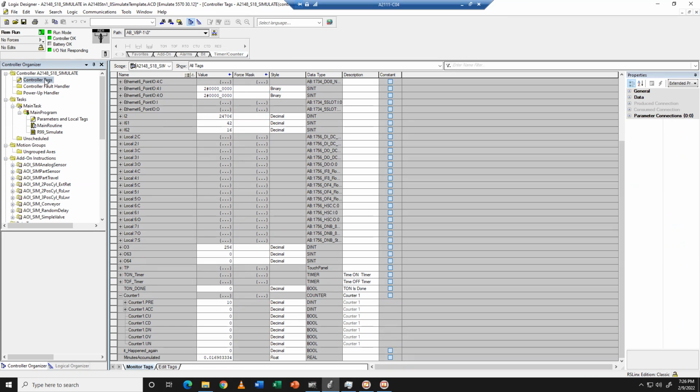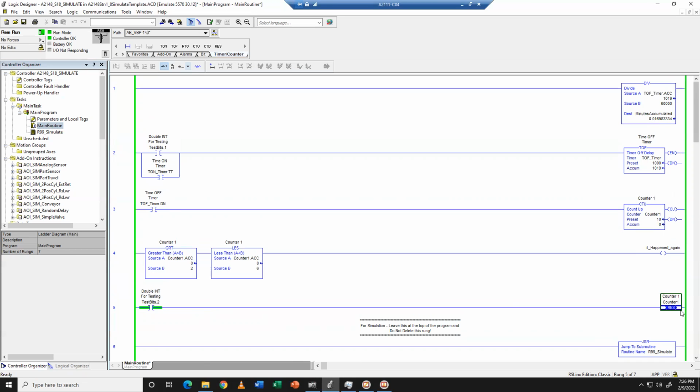So if you do use the reset, you kind of need to make sure that you're not holding it on all the time. You're gonna have to pulse that. So write logic where if it's done, if something happens, make sure that it's only on for a single scan, or else you could risk